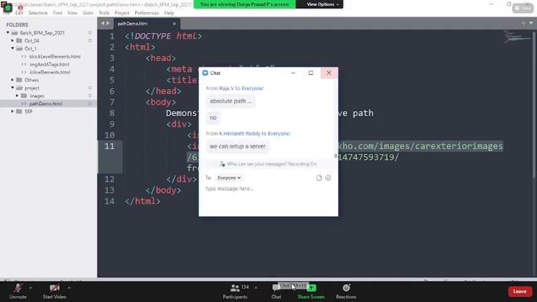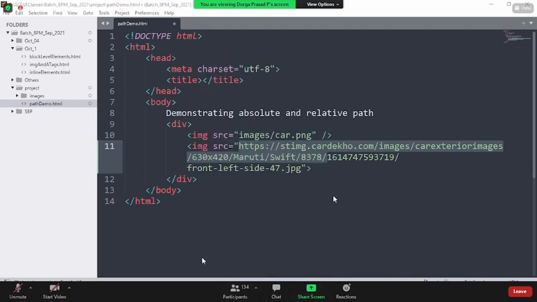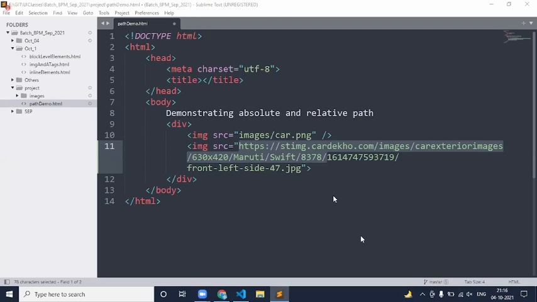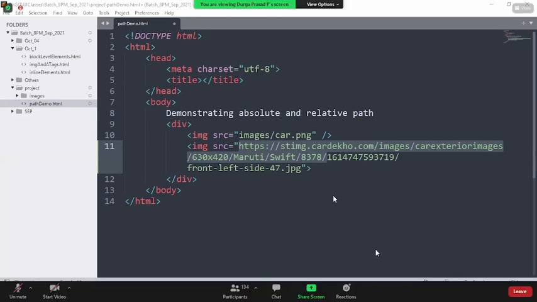Sir, should it be in a folder, or is only car.png okay? Any image, it doesn't matter whether it is .png or .jpeg. It can be in any folder. I can create an ABC folder and put it there also. But it is recommended to put it inside an images folder so that people can understand that it is an image. The folder is not mandatory, only recommended. I don't need to put it in a folder also. I can directly put an image file outside.